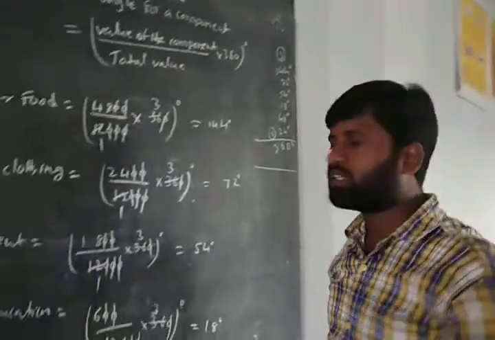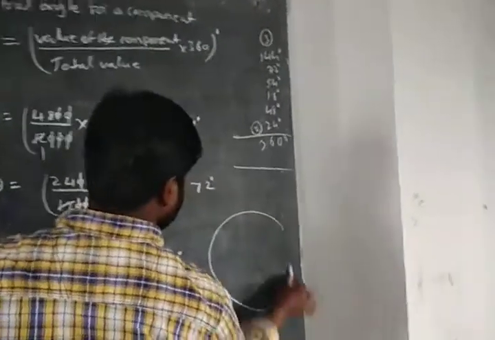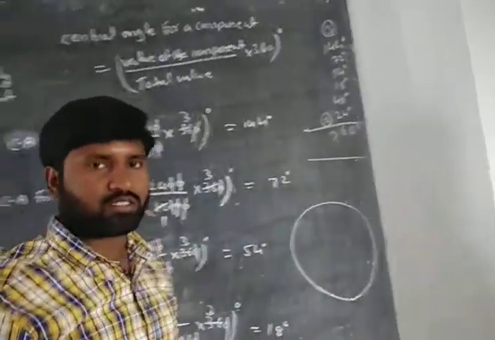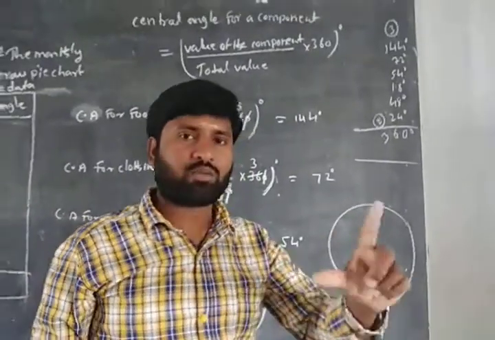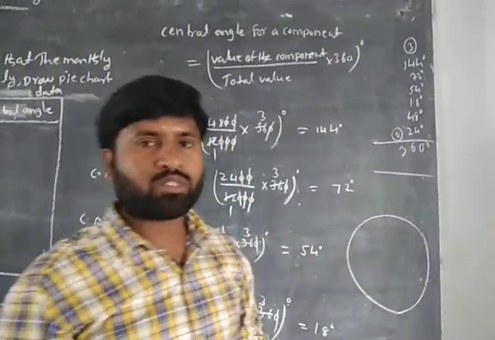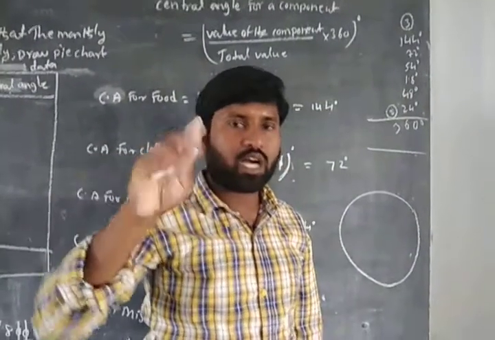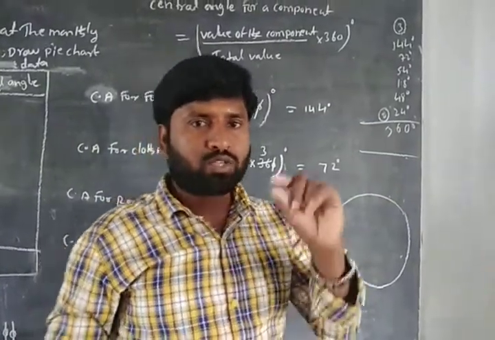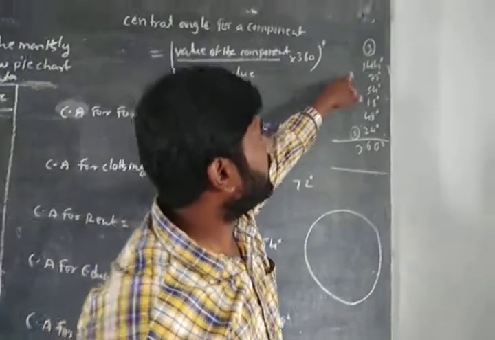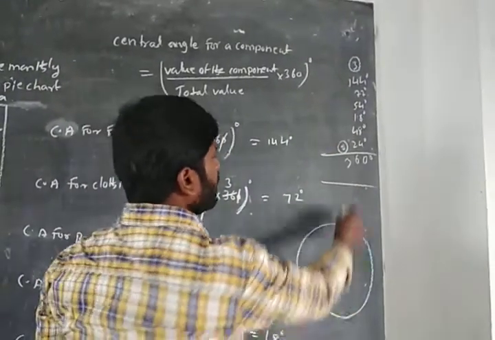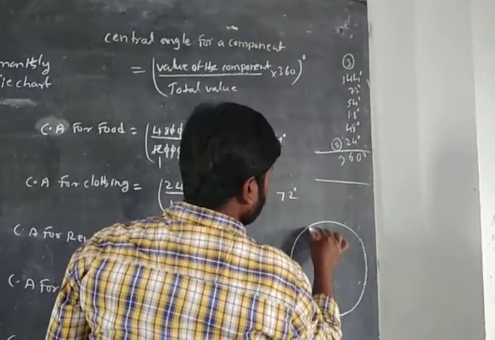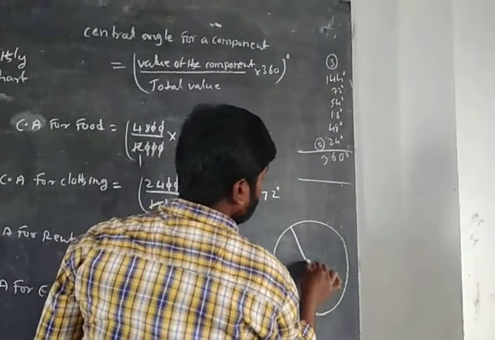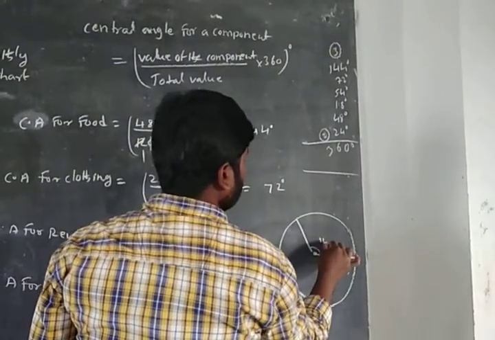So the pie chart, we draw like this only. In a circle shape, first of all, draw a circle with any big radius. Particularly take 5 centimeters or 6 centimeters radius and, by using a compass, draw a circle. Afterwards, using a protractor, you have a D-shaped protractor, by using the protractor you just draw the angles. For example, 144 degrees: this is the center O. 144 degrees means approximately you will get like this.